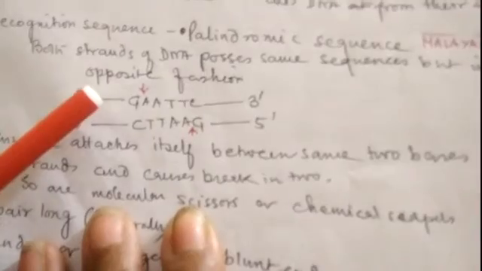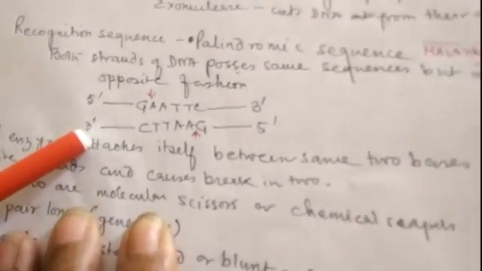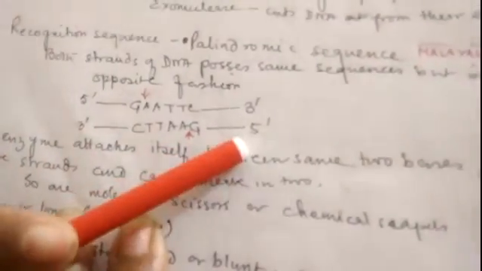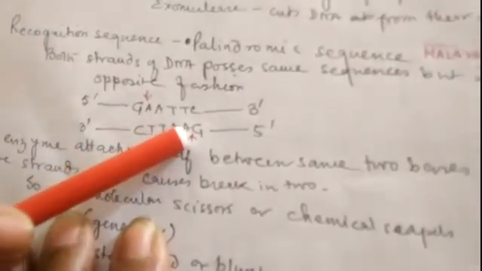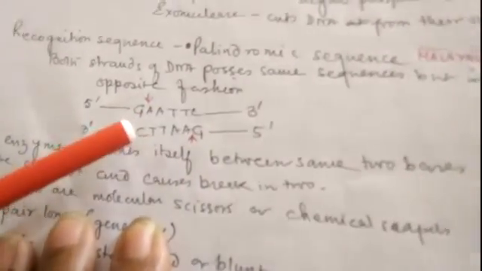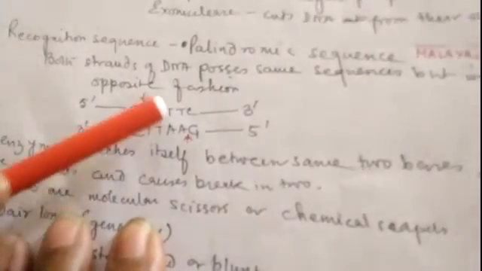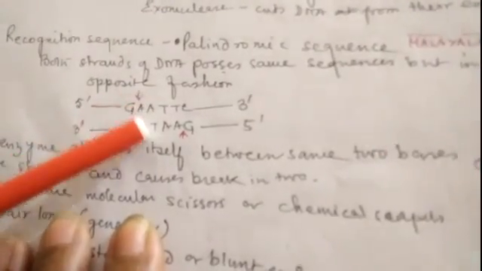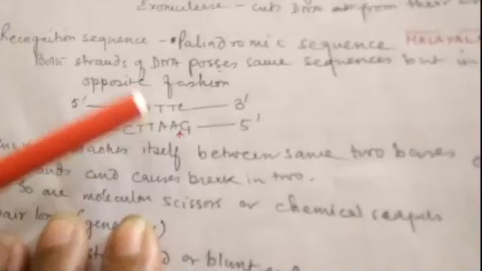So suppose this is the recognition site for EcoR1. So what is it? GAATTC. So the strand running 5' to 3' is having GAATTC. Now what will be the complementary strand? The complementary strand is 3' to 5', and that is having CTTAAG. So GAATTC and CTTAAG, these two are the mirror image. So here the mirror image is present in between the two strands. Clear? The complementary base pairs of the two strands.